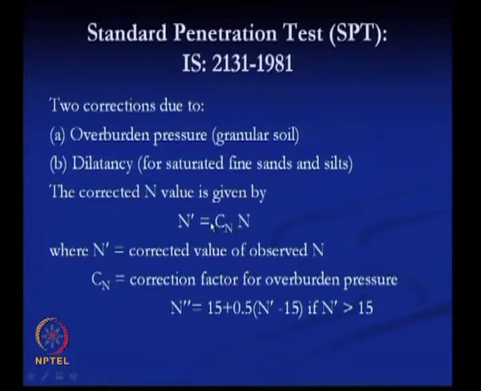We can get it by using this chart given in the IS code, which gives the correction factor for any effective overburden pressure. Suppose this effective overburden pressure is 20, then the correction factor will be around